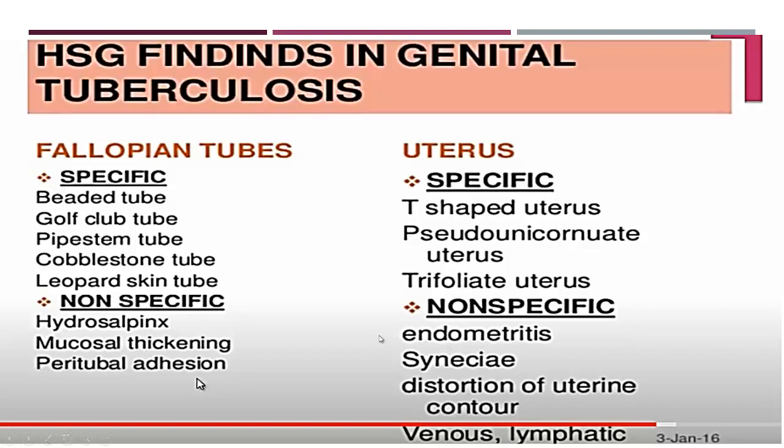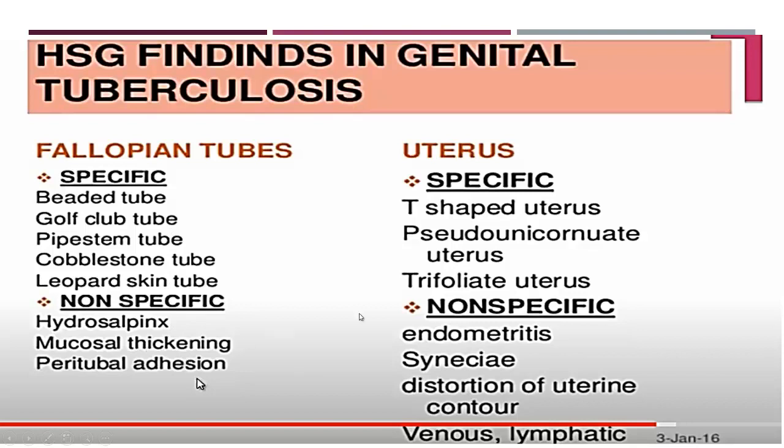Then we come to TB, which, although rare, has specific findings on hysterosalpingography. Affection of the fallopian tubes by TB has either specific or non-specific findings. The specific findings are the presence of a beaded fallopian tube, golf club tube, pipe stem tube, as seen in the last slide, cobblestone tube, leopard skin tube, which is the cobblestone appearance. Non-specific findings are due to adhesions, hydrosalpinx, mucosal thickening, and peritubal